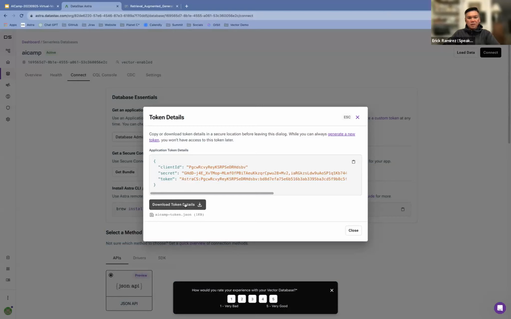Always download your token once you've generated it, because you won't be able to access it again. As with other services, you can only see the token at generation time. You won't see it again once you've left the screen. Let me save that token somewhere.